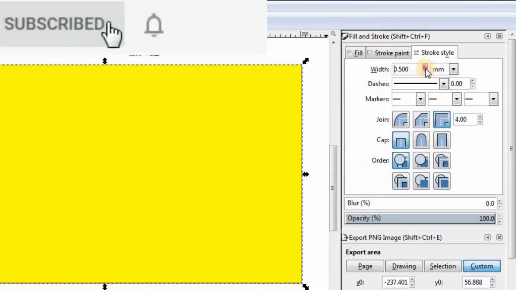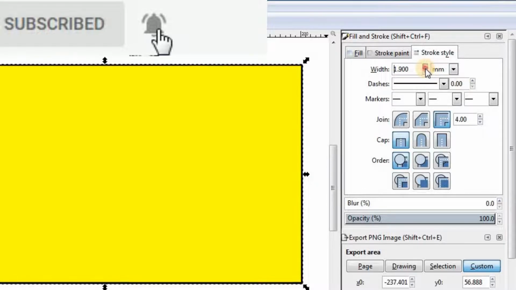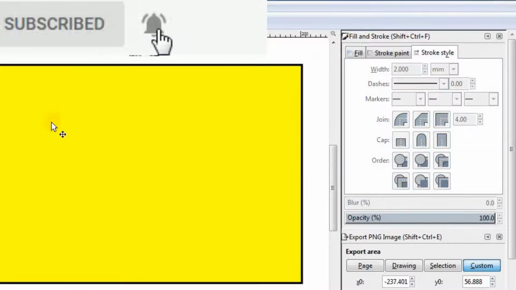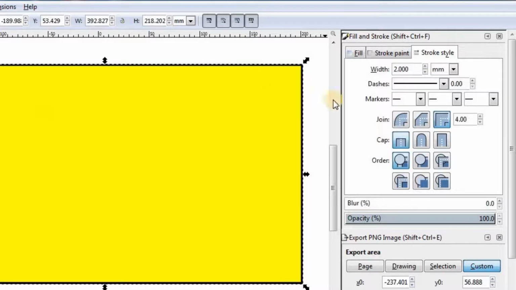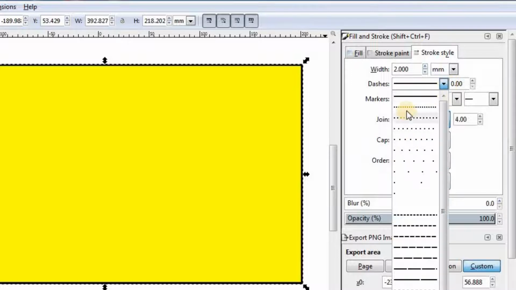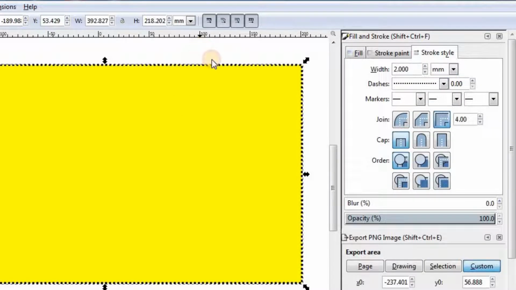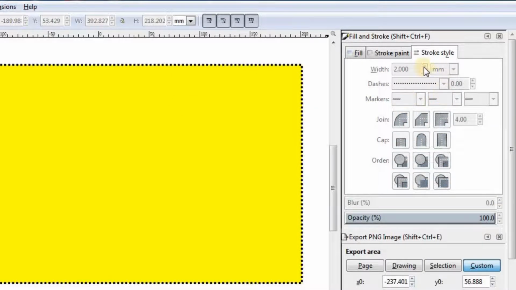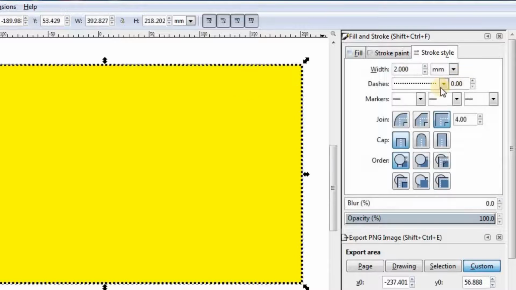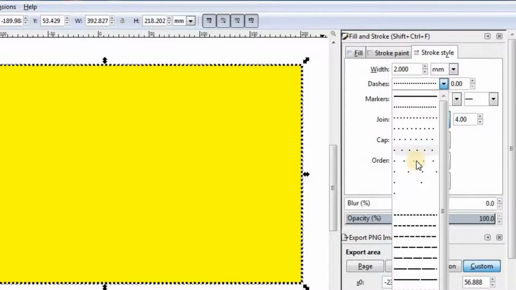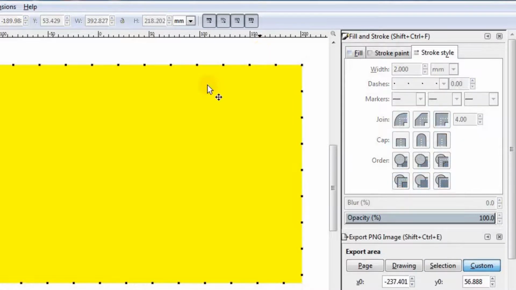Just make it 1, 2, 3, 4, 5, 6, 7, 8, 1, 2, 3, 1. As you can see, now it becomes black like almost all of my thumbnails. If you select the object only, you can adjust its stroke. You can adjust its dashes, dots. It will look like dots, which people would rather click more. Like this, you can adjust their sizes.